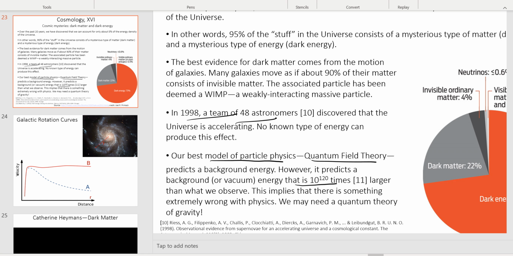Dark energy must be very dilute. Even though most of the energy of the universe is in dark energy, the universe is a big place, so actually it's very dilute. The density is very small. And quantum field theory predicts a density of this energy which is 10 to the 120 power too large. So 1 with 120 zeros. I'm not going to write them all out. And this has been referred to as the worst prediction in the history of science.